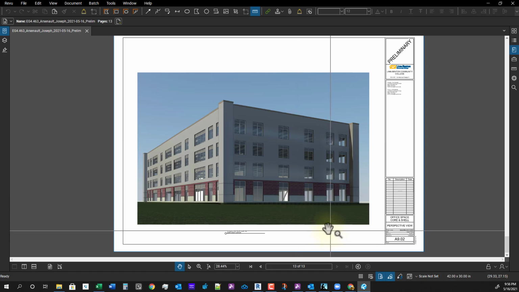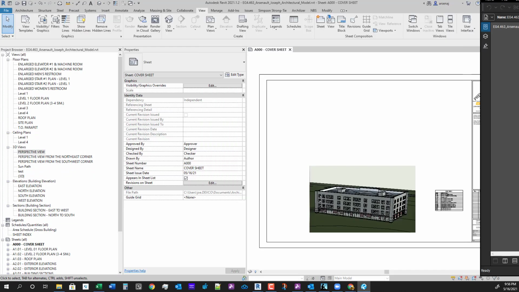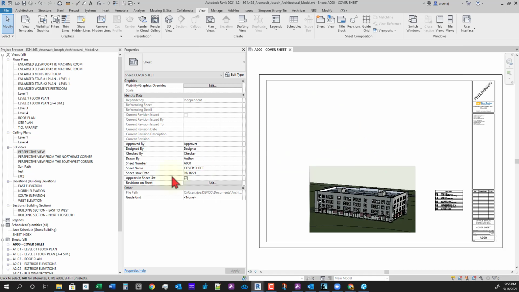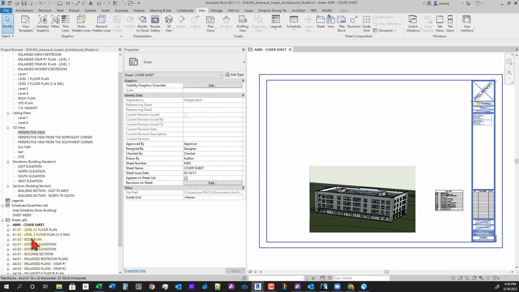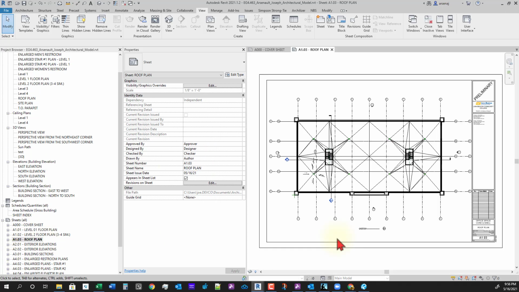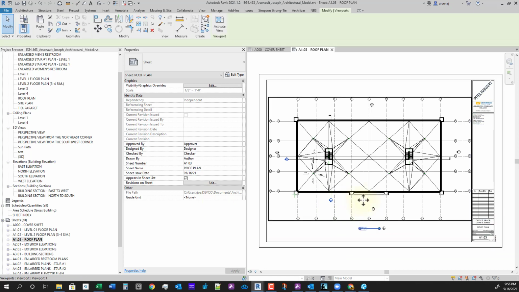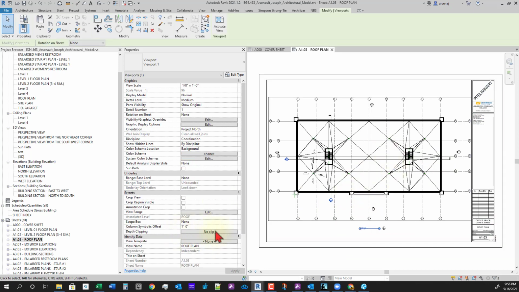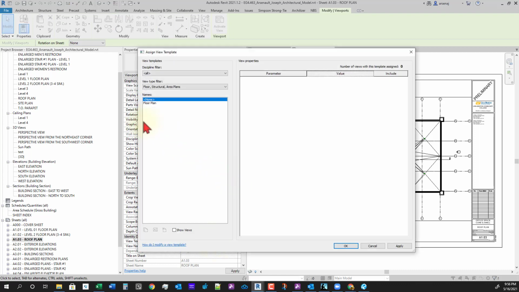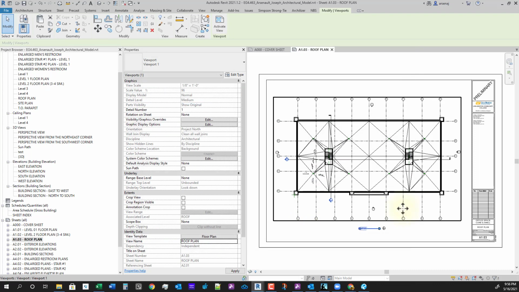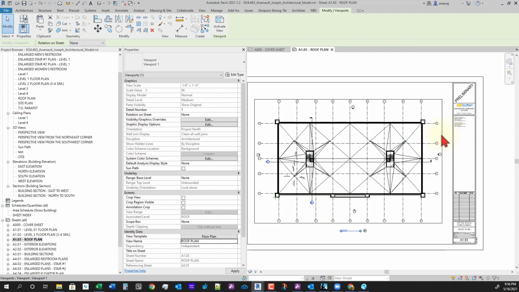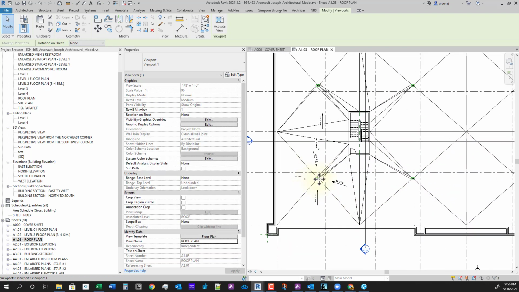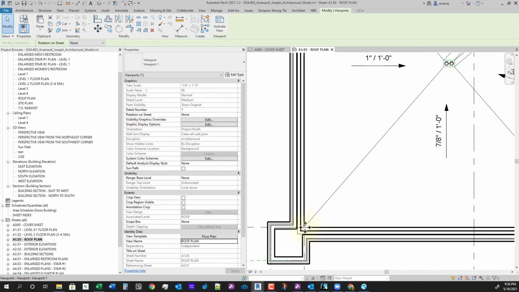And so I don't want to go through and load and do a big print again. So what do we see? My roof plan. Let's just select this view. I'm going to apply that view template, the floor plan view template. And it looks like I fixed that issue right away. I'm just going to zoom in to make sure it didn't